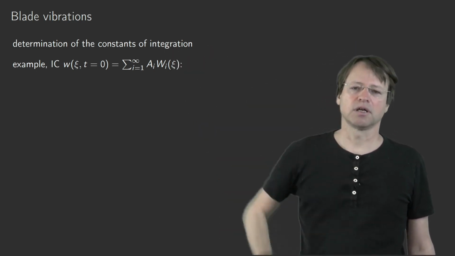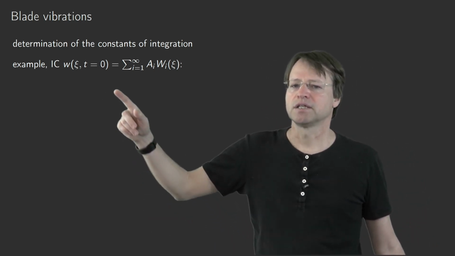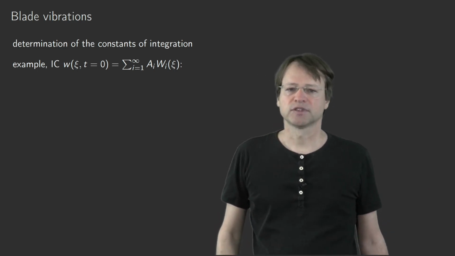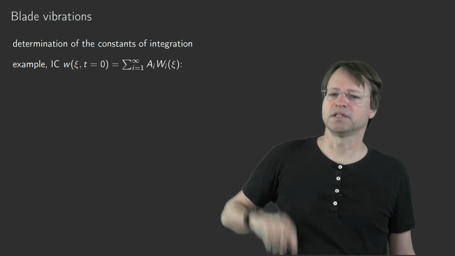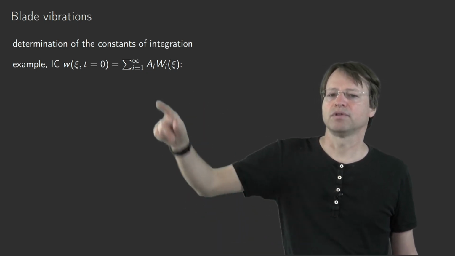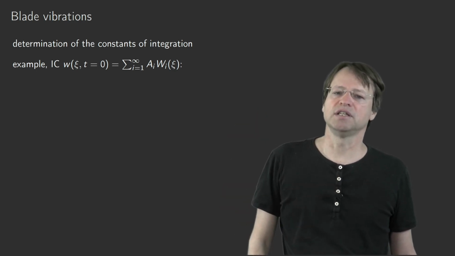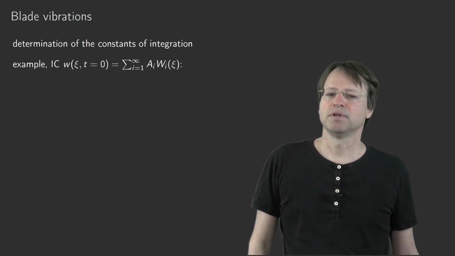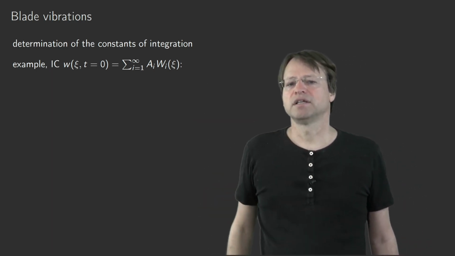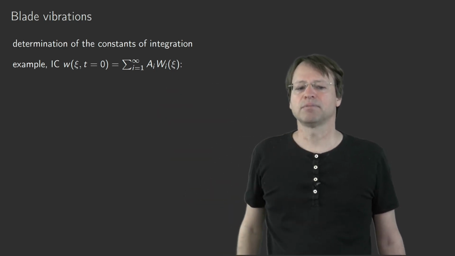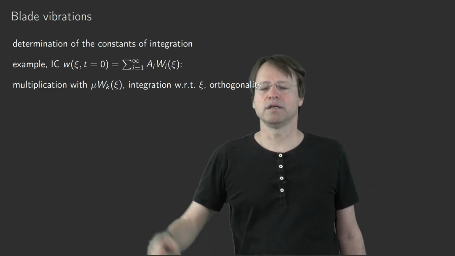I mentioned this at the previous slide. So you evaluate the initial condition, let's say for time t equal to 0. So we have then a sub i, the cosine omega t will then be equal to 1. Therefore the b sub i's and the sine harmonic terms, sine omega t terms, they will disappear because the sine of 0 is 0. So we have a sub i w sub i, and we want to determine this a sub i. We multiply by some mode w sub k. If you have